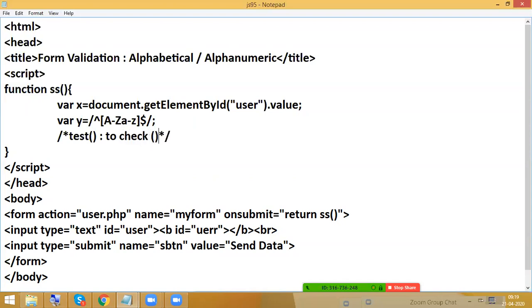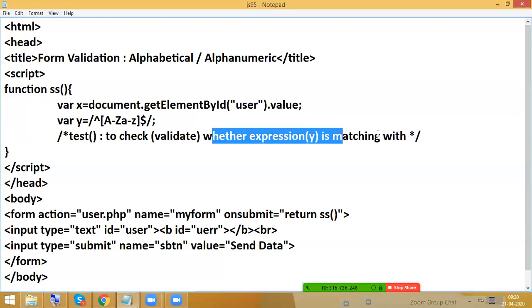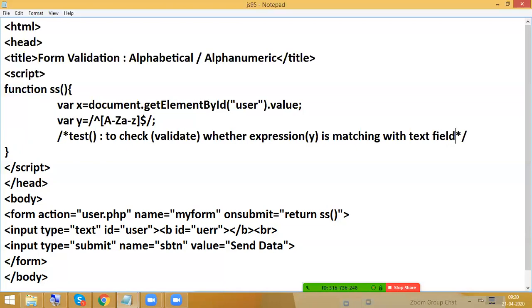Okay, so to check whether expression y is matching with the text field value.